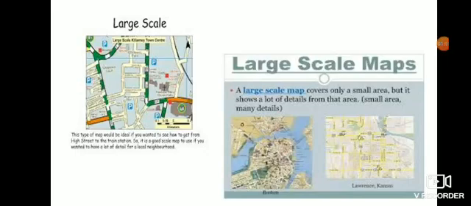You know, students, these types of maps show a small area in greater detail. In this map, we use a larger scale. For example, 1 centimeter is equal to 10 kilometers. All topographic maps are known as large scale maps. These maps show relief and other natural features such as rivers, lakes, forests, as well as human-made features such as roads, cities, bridges, etc. Tourist maps are also known as large scale maps.